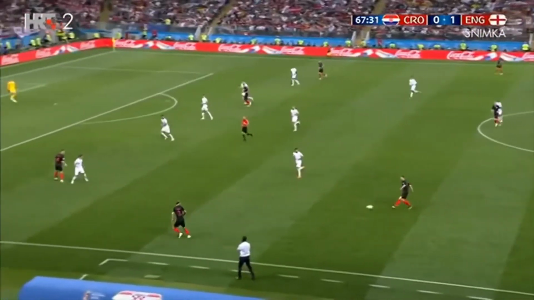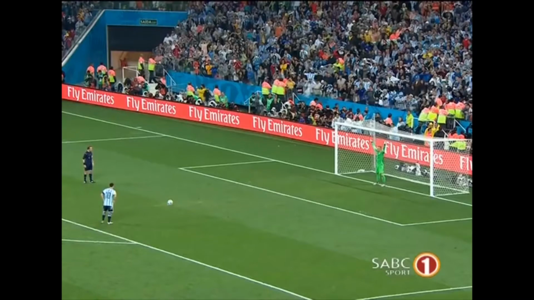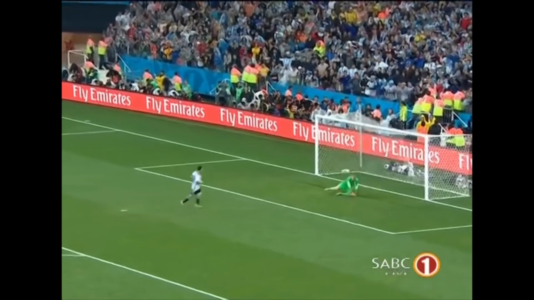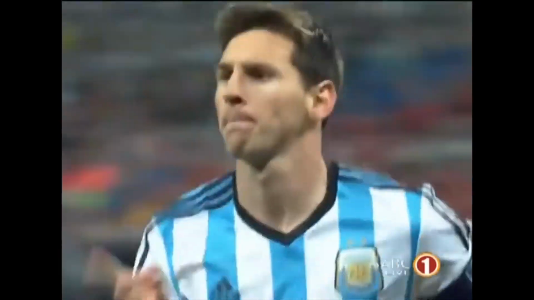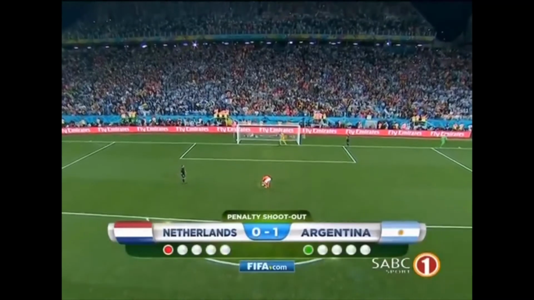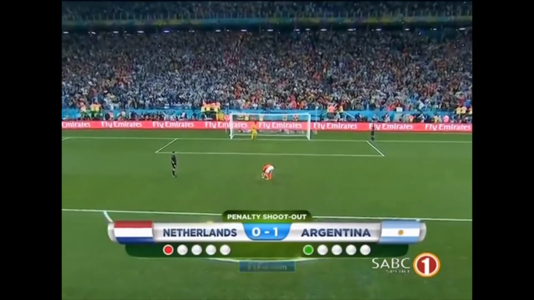In football, tiebreakers are used to separate two or more teams who are even on points, to determine who advances from a group or a knockout stage match, even though it differs depending on which stage of a tournament it is. For example, nowadays the FIFA World Cup uses overall goal difference to split two teams even on points in a group, whereas extra time and possibly a penalty shootout separates teams in a knockout stage match.